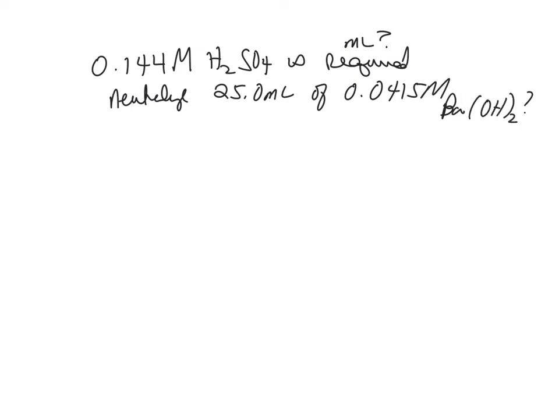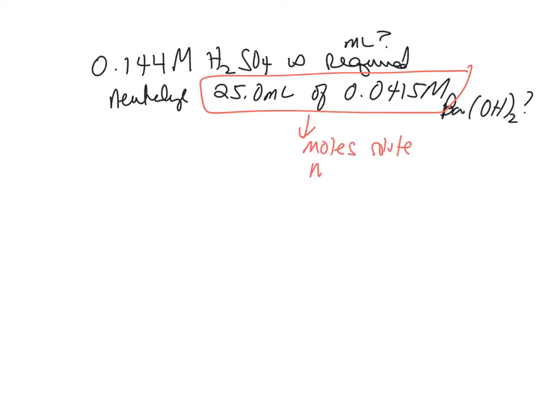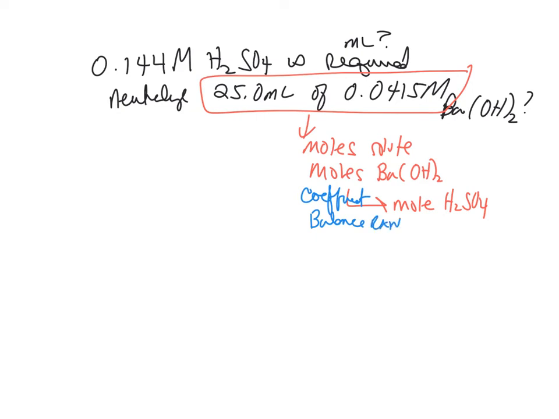Now, whenever you see this combination, that tells you moles of solute. So in this case, it's moles of barium hydroxide. And then you can go from moles of barium hydroxide to moles of sulfuric acid. But you need the balanced coefficients. So you need the coefficients from a balanced reaction. So once again, you need to first write the balanced reaction. Sulfuric acid plus barium hydroxide